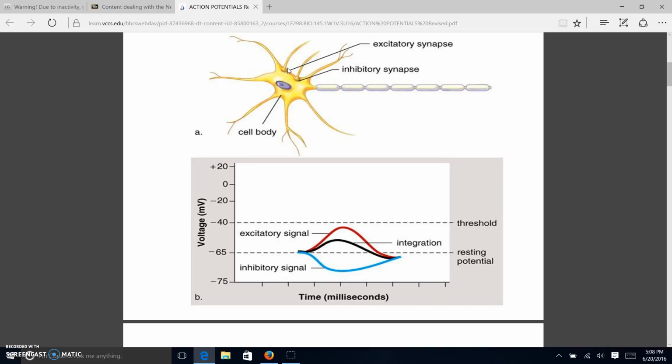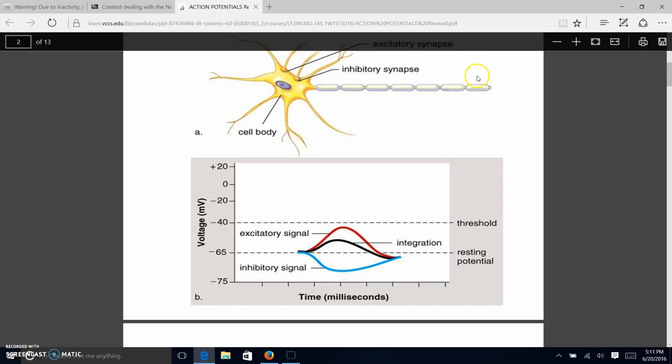And we'll get into the specific ions later. Remember that the neurotransmitters actually serve like little keys opening up doorways. The doorways are the proteins in the cell membrane that are allowing ions to come in. So again, if we have an excitatory signal, an excitatory synapse, we're opening up doorways that are allowing positive ions